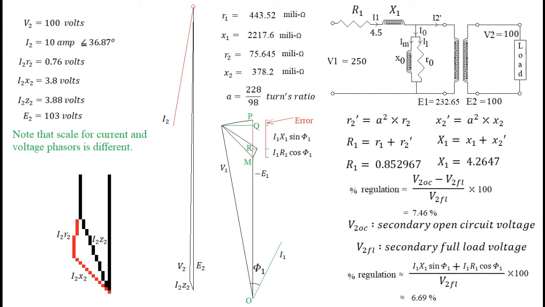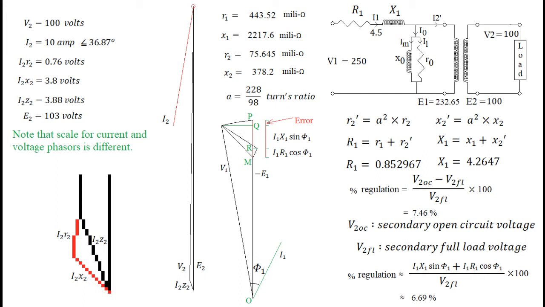The result of referring these parameters to the primary side and adding them with the corresponding primary parameters is that the equivalent circuit reduces to only one resistance and one leakage reactance on the primary side. Such a reduced equivalent circuit is shown on screen. This circuit has only one resistance and one leakage reactance. We will use this circuit and the corresponding phasor diagram to evaluate the expression for regulation.